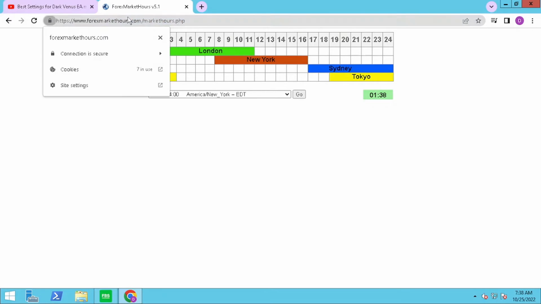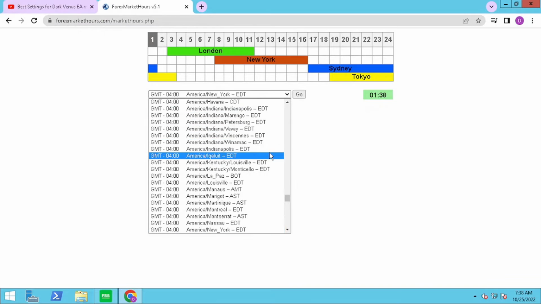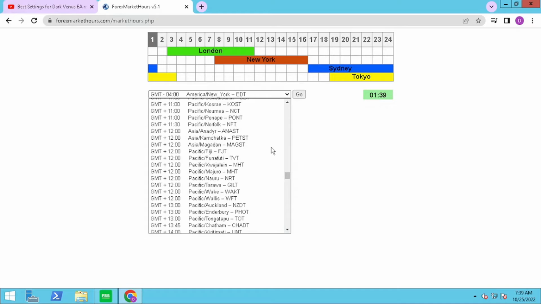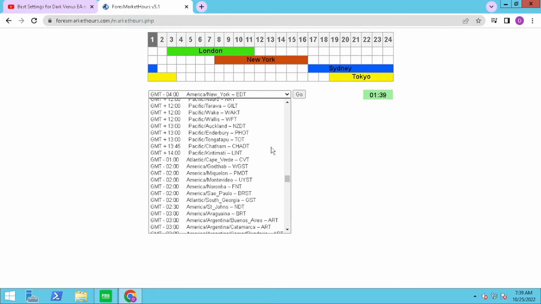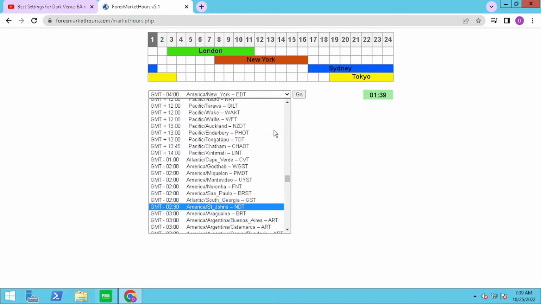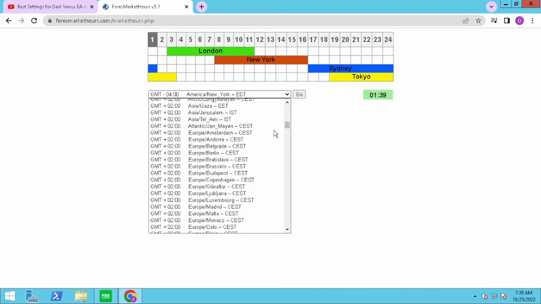By using this website, you can now adjust it according to your time zone or your VPS time zone, as my VPS is in a different time zone than I am. So first you need to find the correct time zone for where you are staying or trading from. This one is located in Amsterdam, so I'm going to select Central Eastern Standard Time, and it will adjust the